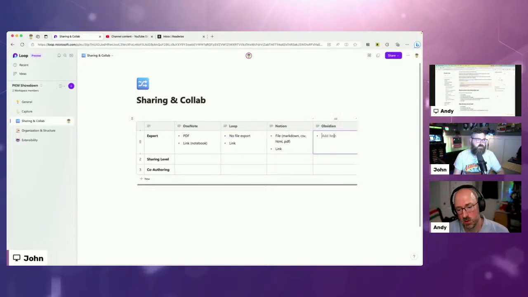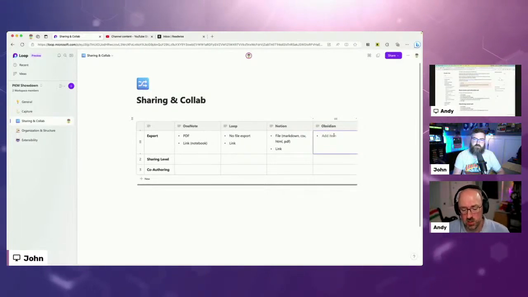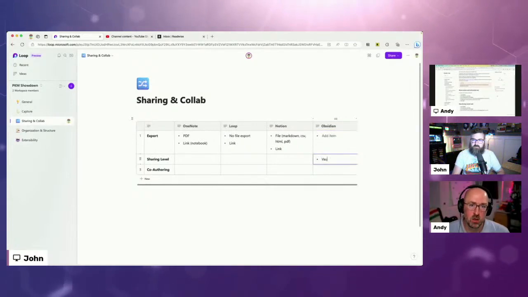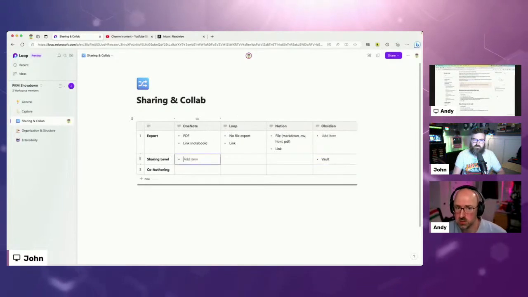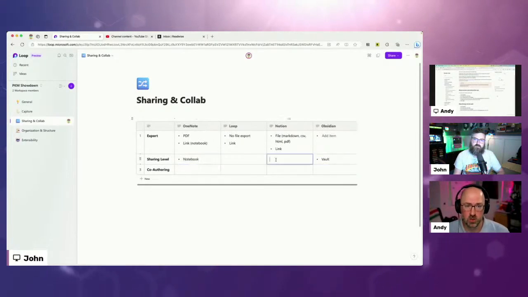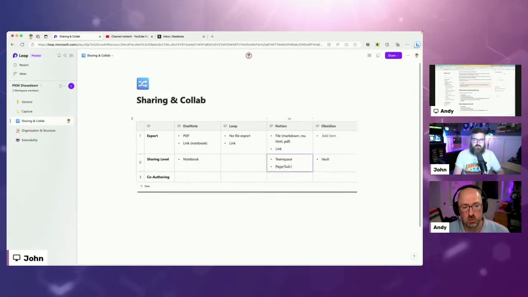What about Obsidian? When you're doing sync, you probably can link, right? Because it's a cloud service. Yeah, so you can sync the vault. Oh, so it's at the vault level. It doesn't go down to the page level, but because it's a simple Markdown file, it's easy to export if you want to drop it in a Word document and send that. So there's an extra layer to it. Okay.